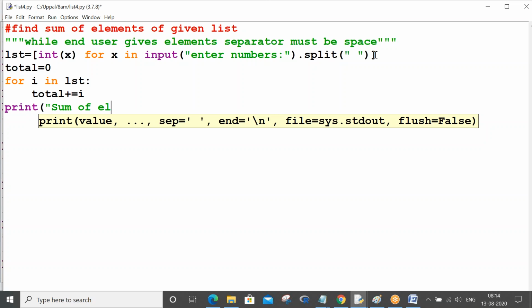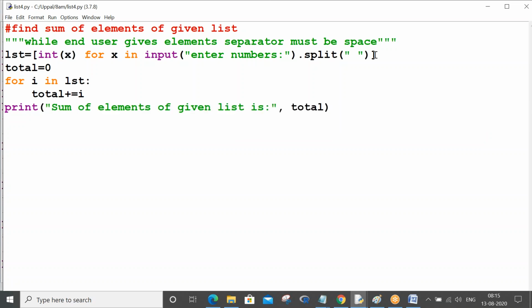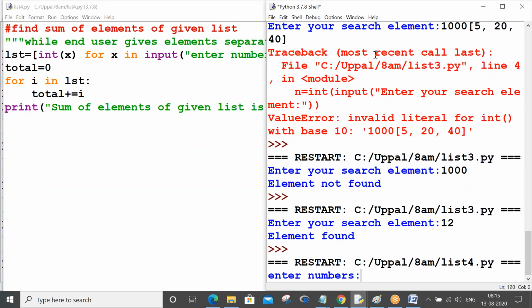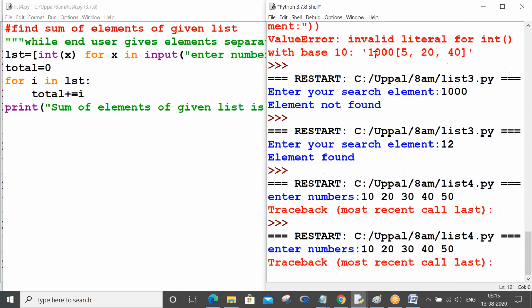Okay, sum of elements of a given list is total. Control S, Control F5. So enter numbers. So 10 space, 20 space, 30 space, 40 space, 50.